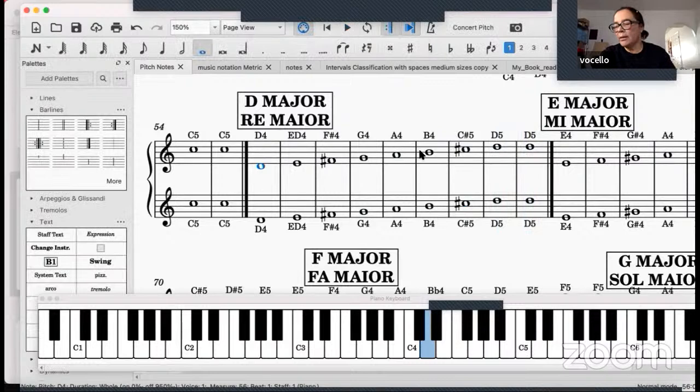And there are ascending and descending. I was lazy to write the descending, so you can write the descending part. Descending is D, C sharp, B, A, G, F sharp, E, D. Now we are going to, this we did altering the scale. Now we are going to